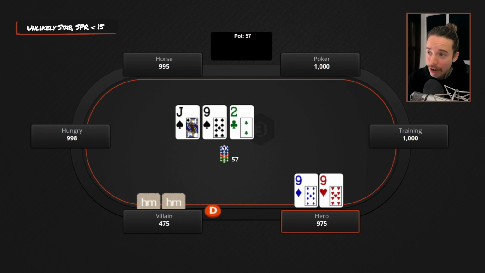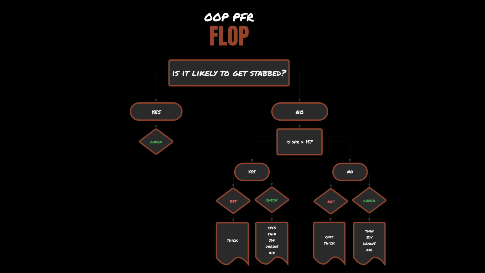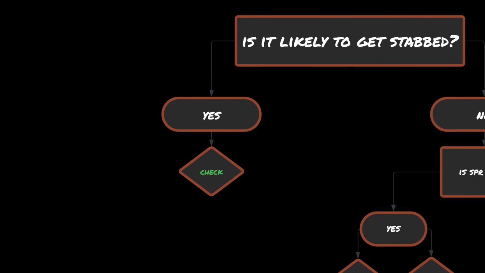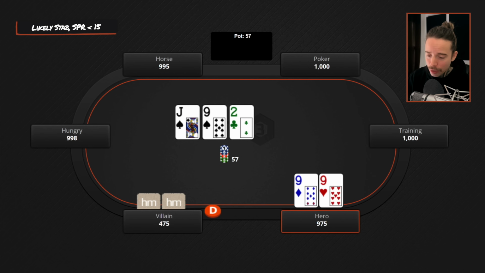And we see here again, our opponent starts off this hand relatively shallow, only about 100 big blinds. So back to our chart, and you see here when the board is likely to get stabbed, we'd still be checking our entire range here, even when our opponent is shallow. So why is that? Let's go back to this example here. The reason is when the board is particularly wet and dynamic like this, even though we can get in all the money by going bet, bet, bet ourselves, when the board is just so exceedingly likely to get stabbed,